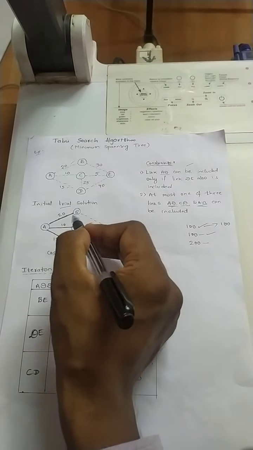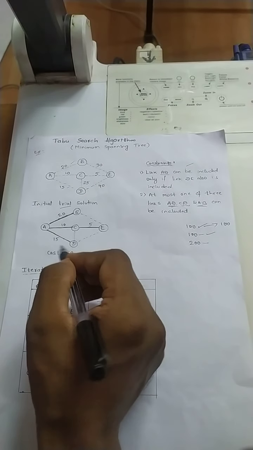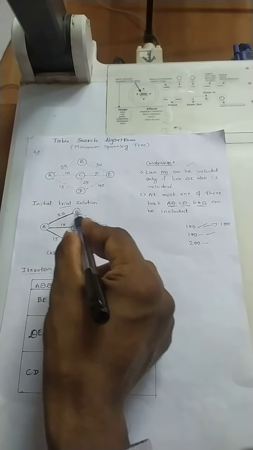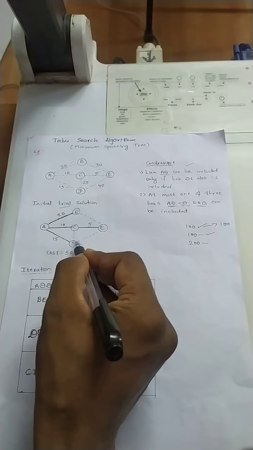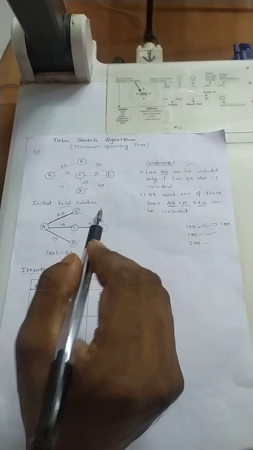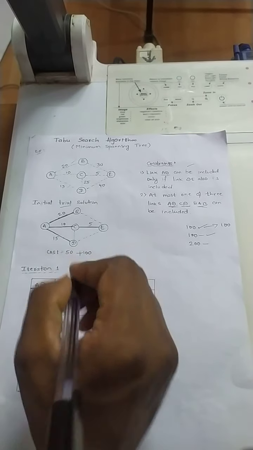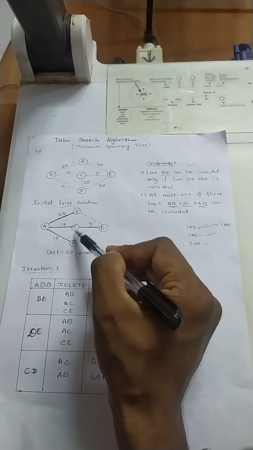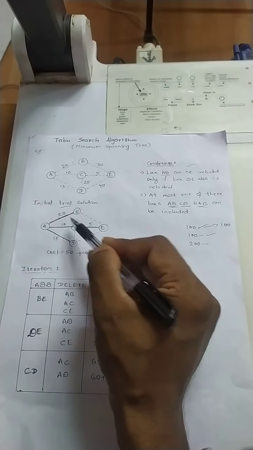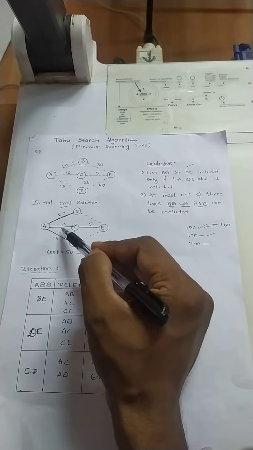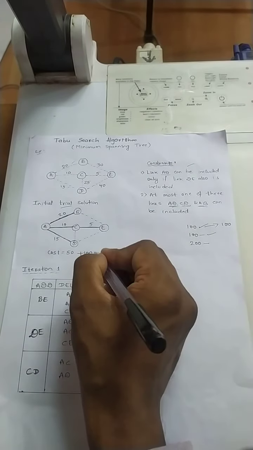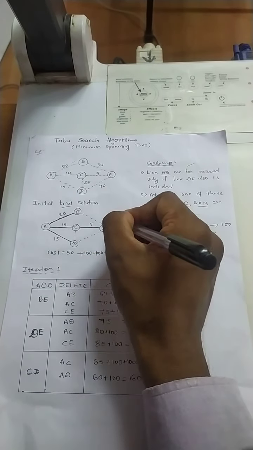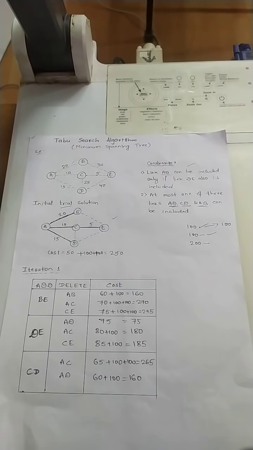So let us see what the penalty will be for the trial solution. What is the first constraint? AD should exist only if DE exists. In this trial solution, AD exists, but there is no DE. So it is violating the first constraint, and we should have 100 as the penalty. What is the second constraint? Out of AD, AB, CD there should be only one, but there are two, AB and AD. So if there are two out of three, there is a 100 penalty. So I will write the penalty as 100. The total cost will be 250 for our initial trial solution. This is the distance or cost.